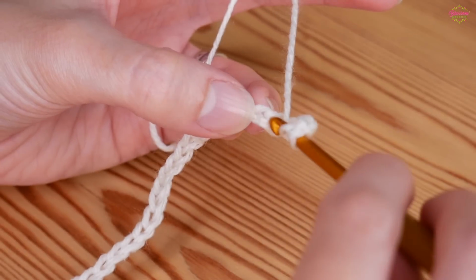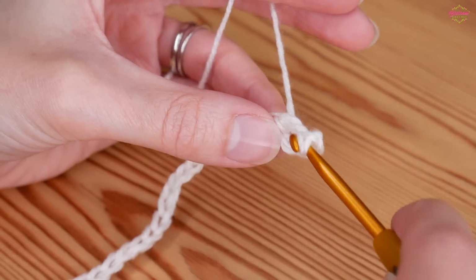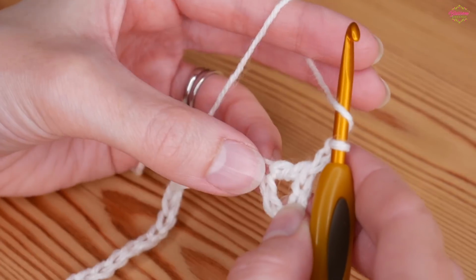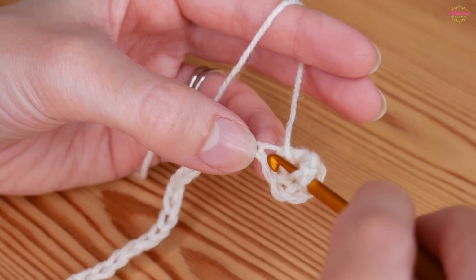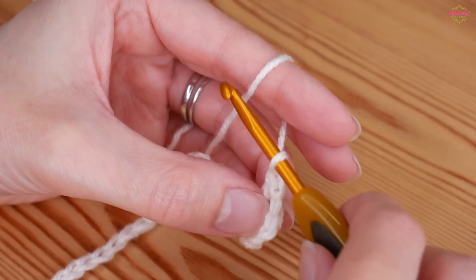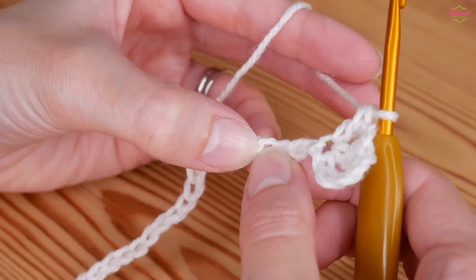So yarn over into the 6th chain, yarn over and pull up, and you'll have 3 loops on your hook. Yarn over, pull through 2, yarn over, pull through 2. You then want to chain 2. Like I say, it's slightly different to a normal V-stitch. And then back in that same chain you'll put another treble. So yarn over, back in that same chain, yarn over and pull up, yarn over, pull through 2, yarn over, pull through 2. You'll then skip 3 chains, so you'll skip 1, 2, 3,